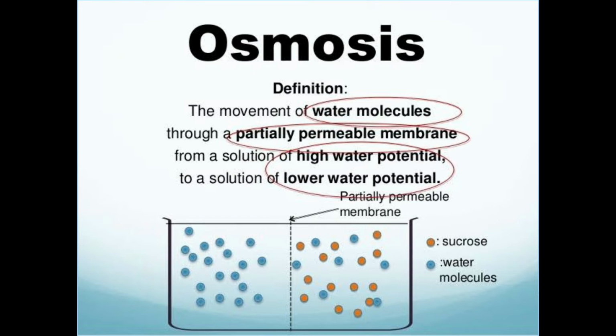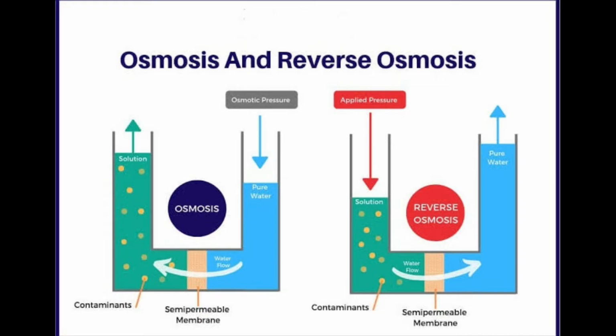Osmosis occurs spontaneously in response to a driving force. The net direction and the rate of osmosis depend on the pressure gradient, that is, the concentration gradient we have discussed already. Opposite to osmosis, there is another term that we discussed in the last class, reverse osmosis, that is RO water. Normally this term is used in daily usage, reverse osmosis, RO water.